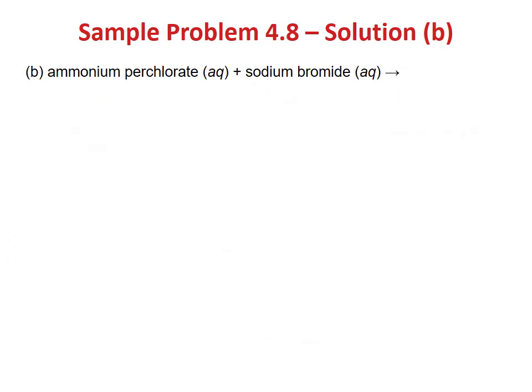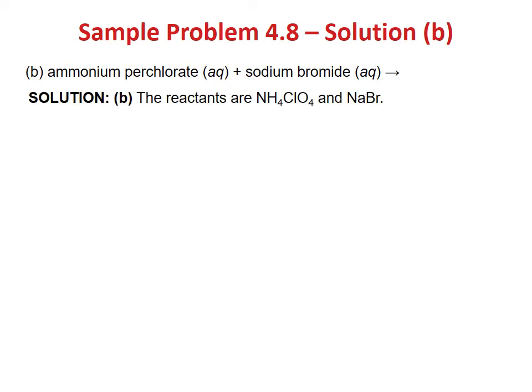Question B, ammonium perchlorate and sodium bromide. So here are the formulas, ammonium perchlorate, sodium bromide, and these two are both highly soluble because all ammonium salts are highly soluble. Perchlorate salts are highly soluble, and sodium, a group 1 metal cation, is highly soluble. So in the solution, we should have ammonium cation and perchlorate anion, sodium cation, bromide anion,